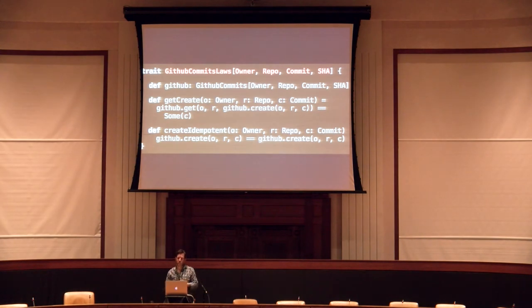So I've had those Boolean properties. Well, I'm going to lift those up into some interface to test with. So I'm going to make the GitHub commit laws. That's going to be another abstract thing. It's going to be a trait with type parameters. And it's going to contain the algebra that I made that has the other type parameters, and they're going to line up. Then I can write some functions that exercise and demonstrate those laws. So I have an API in the GitHub name, and I call create, and I pass the output to Git, and I should get the same commit back.